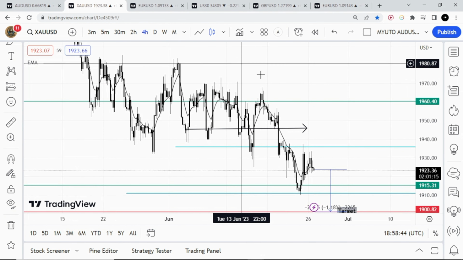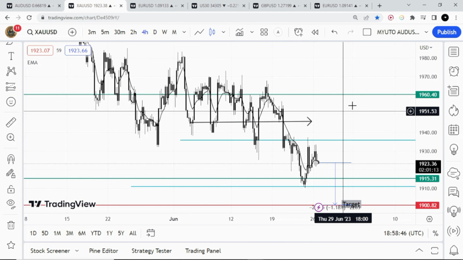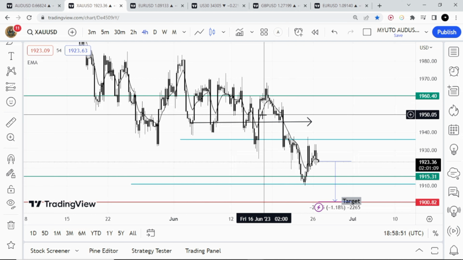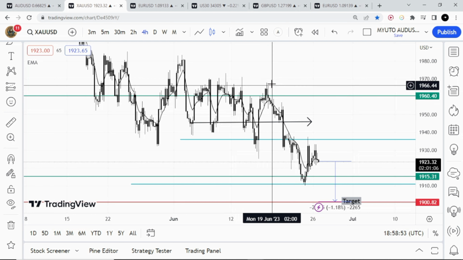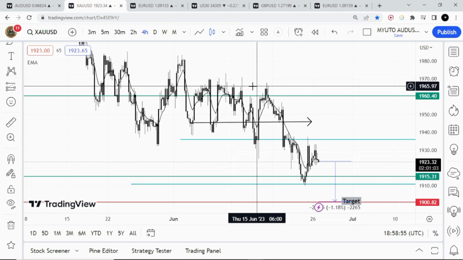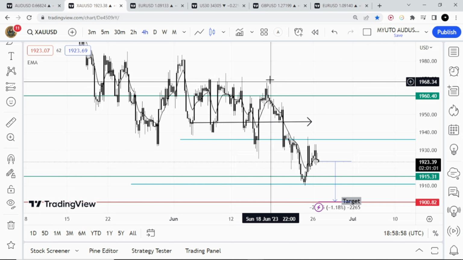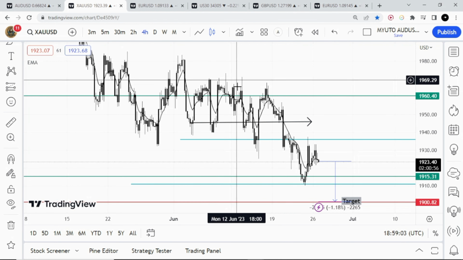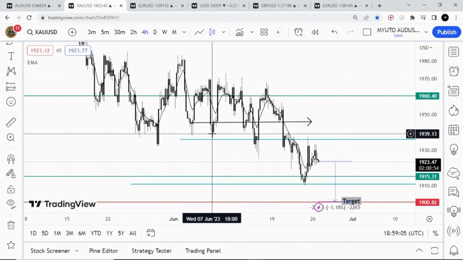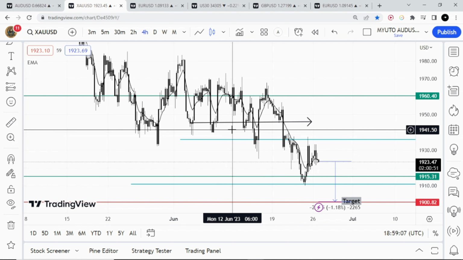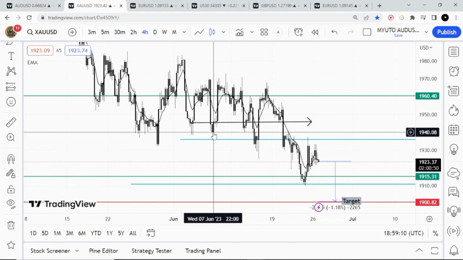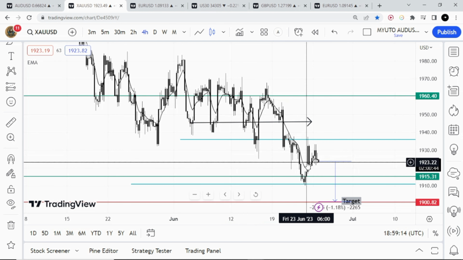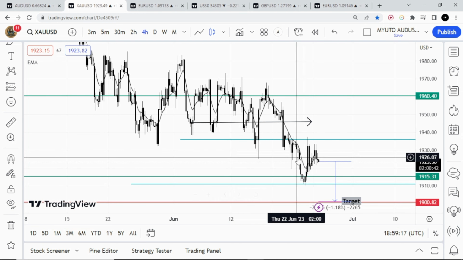Okay, gold has had some pretty good price action. If I can remember very well, in the previous Sunday analysis video, I was expecting price to go above 1970 because price has struggled to go above 1970, but we failed to do so. We eventually broke our previous higher low, made the lower low, made the lower high,